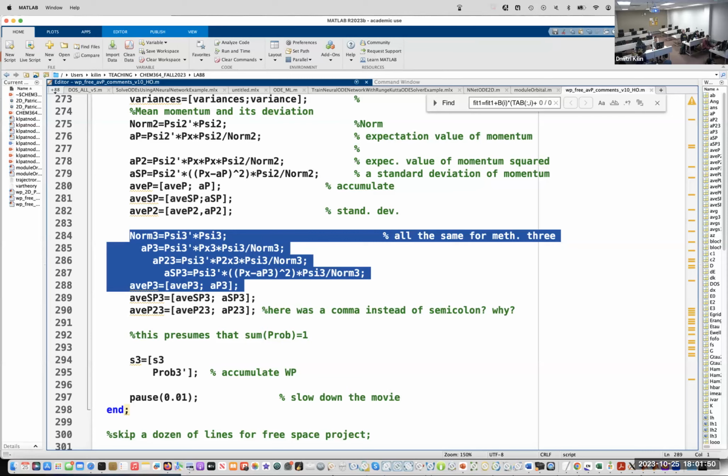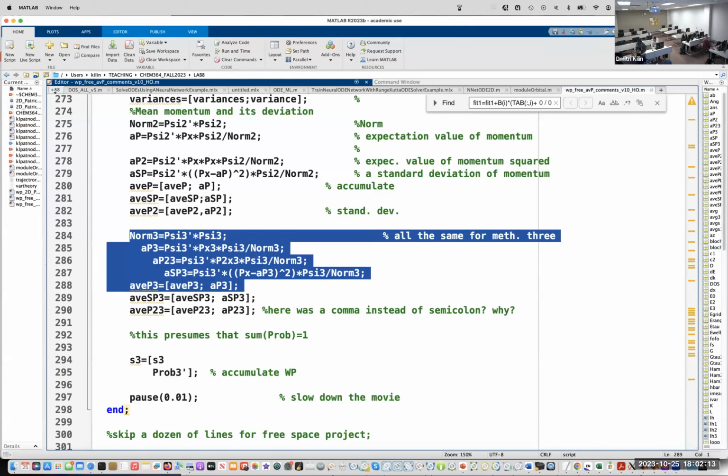I just want to have a double safety cushion. So norm 3 is this little denominator. AP3 is average value of momentum by third method. So I do this psi times px3's operator psi divided by norm 3.